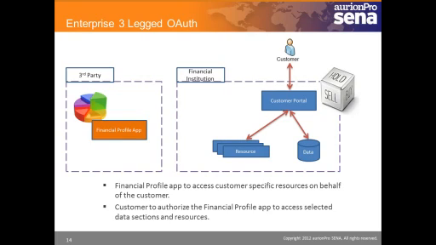Thank you. Right. So this is an enterprise three-legged OAuth use case. Here we have a major financial institution and its third party. The third party is developing an app for its customers to visualize their financial profile based on their financial data. The challenge implementing this app is accessing data from the financial institution on behalf of the end user, obviously without the need for storing the end user's credentials on the third-party servers,